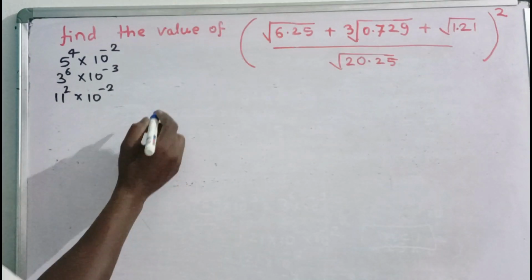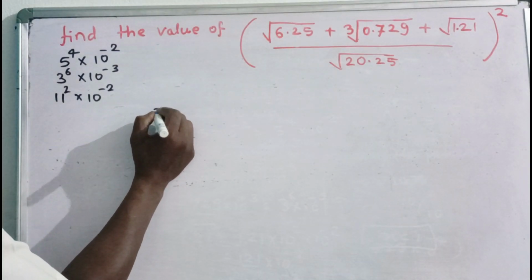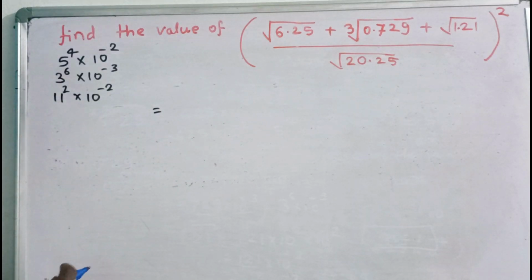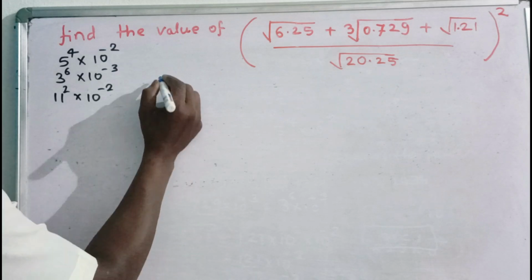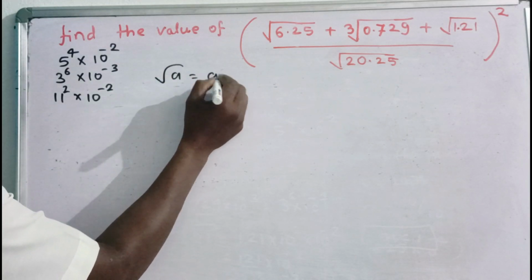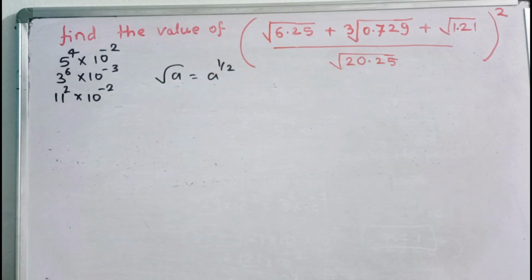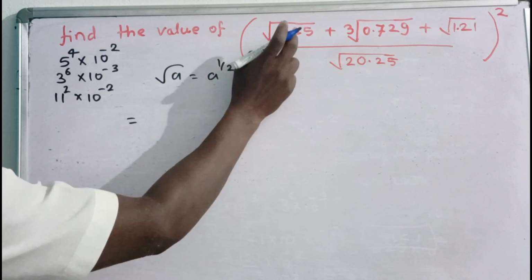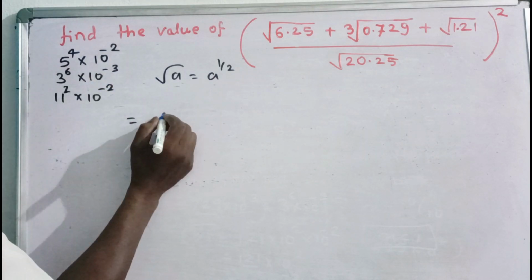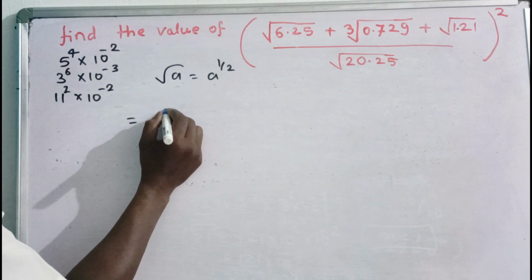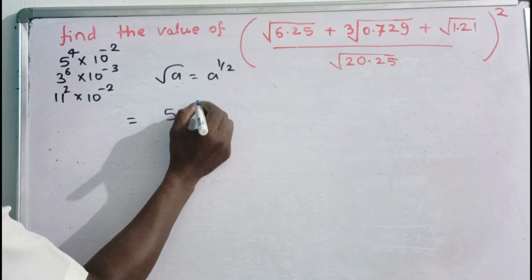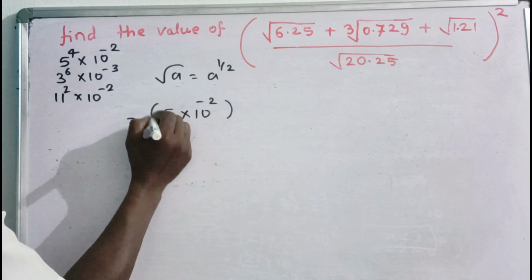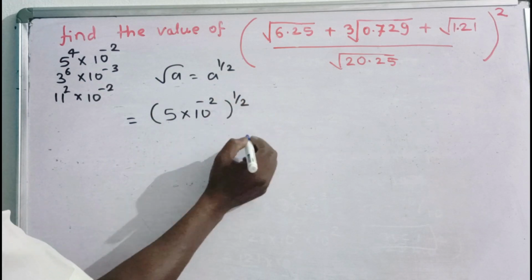Now, अब इसको सॉल्व करने के लिए स्टार्ट करेंगे. What is the meaning of under root? Root a is nothing but a raised to the power 1 by 2. यहाँ पर 5 into 10 to the power minus 2 raised to the power 1 by 2